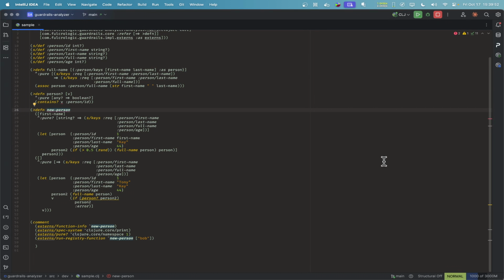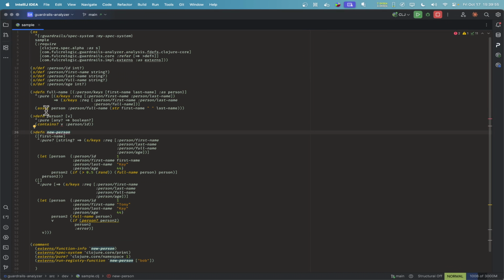So if you're not familiar with Guardrails, that's what this is sort of based on. In Guardrails, you can specify greater than sign here, and then you can give a specification, and I'm using Clojure spec right here, to say what your argument types are. In this case, I can take anything, and I should return a Boolean. And then this marker is a Guardrails Analyzer marker that I'll talk about in a minute, that just says the function's pure, doesn't side effect, it's safe to use it however you want, because this is actually simulating running your code with generated values